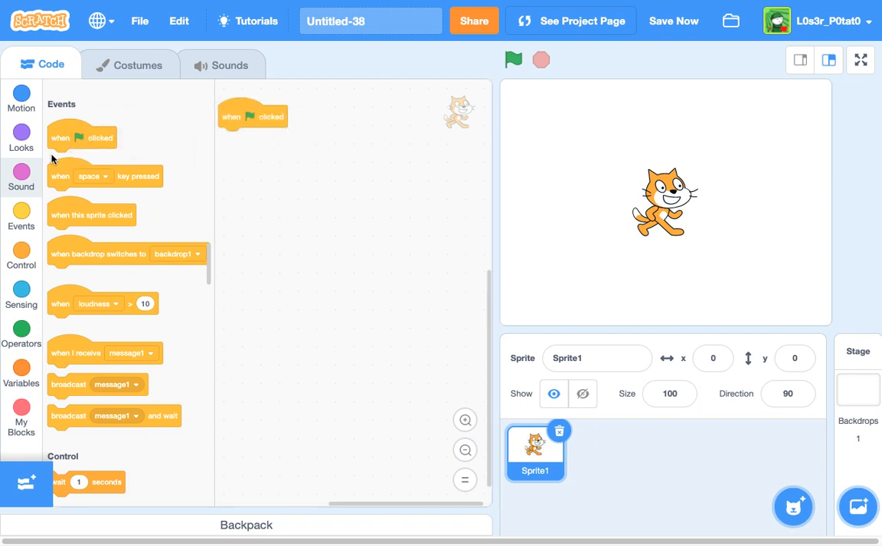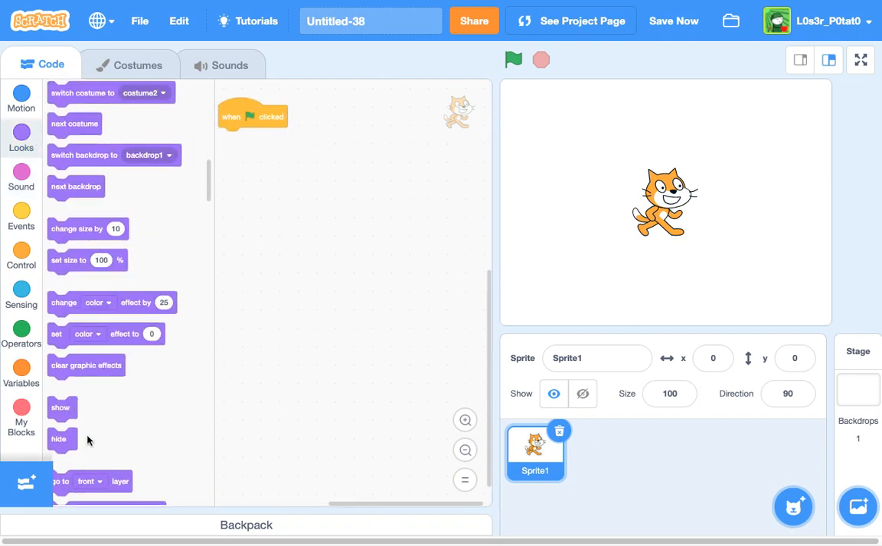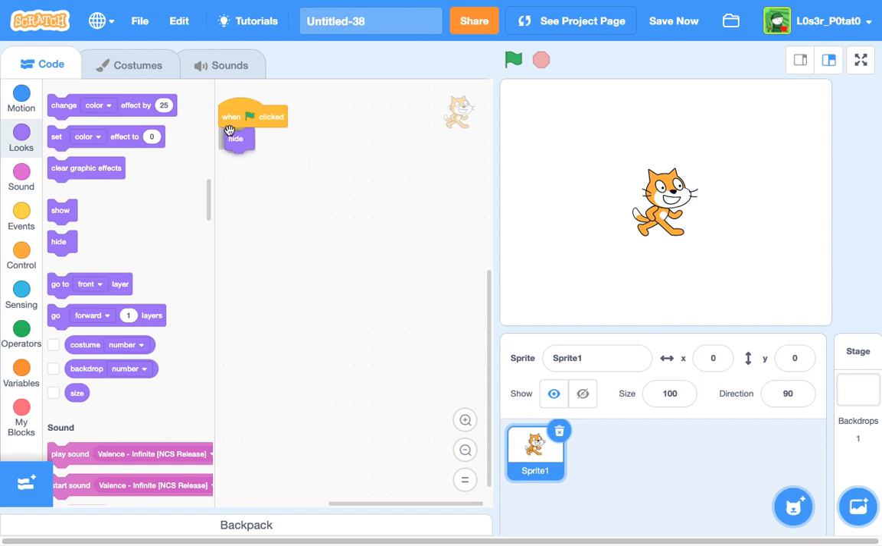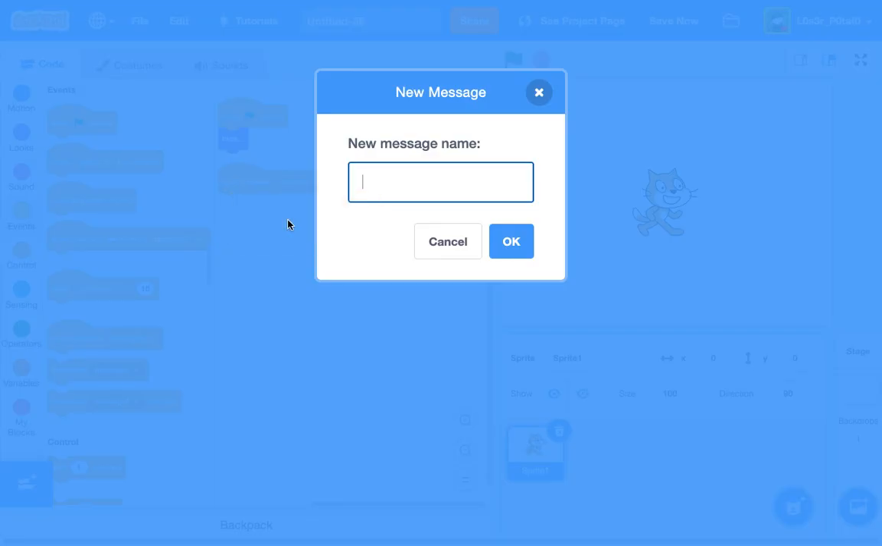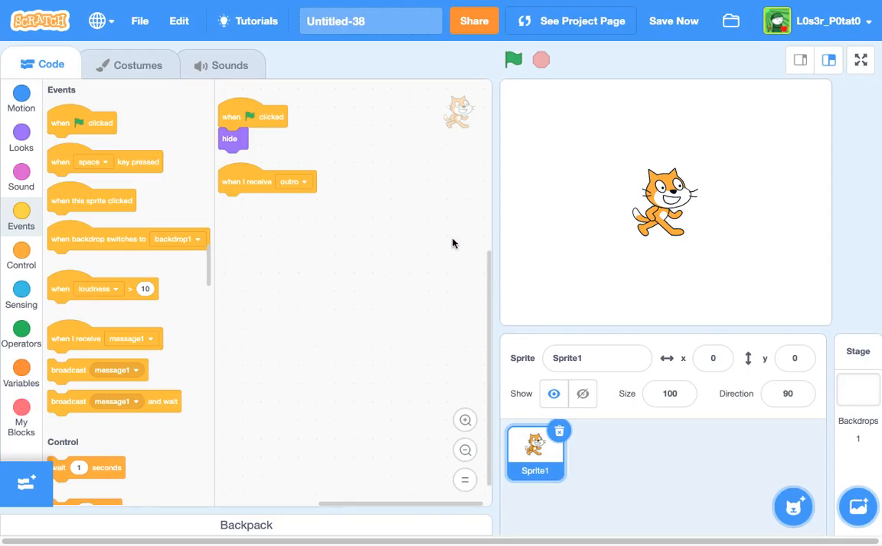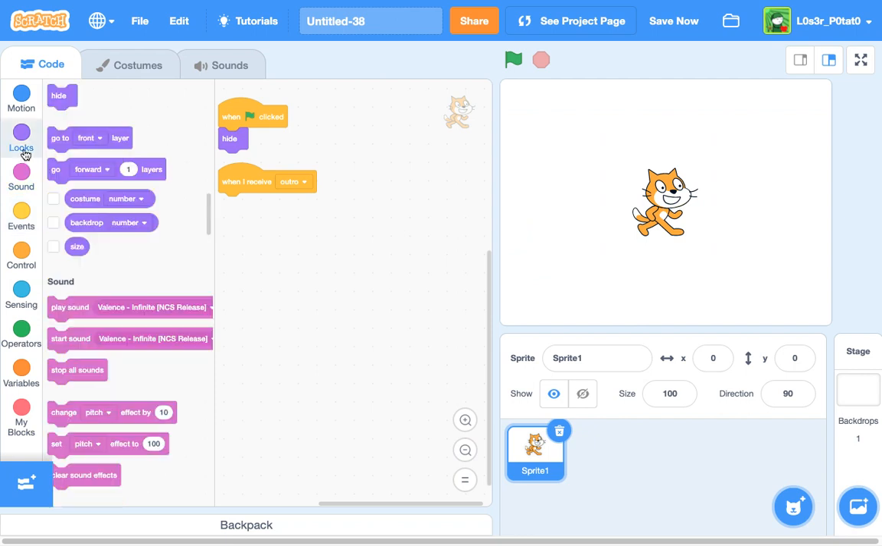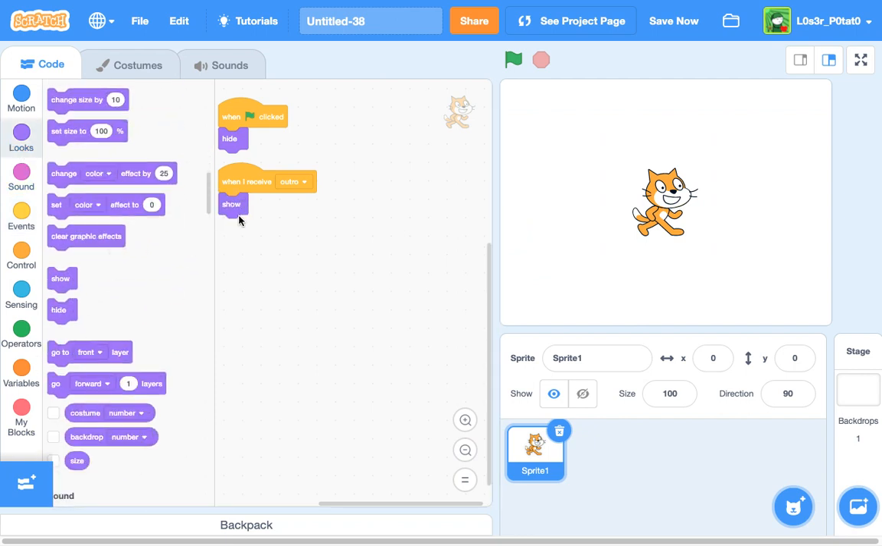create when green flag clicked, hide, and then we need to get receive message 1. Let's create a new message called outro. When I receive outro, show, and now